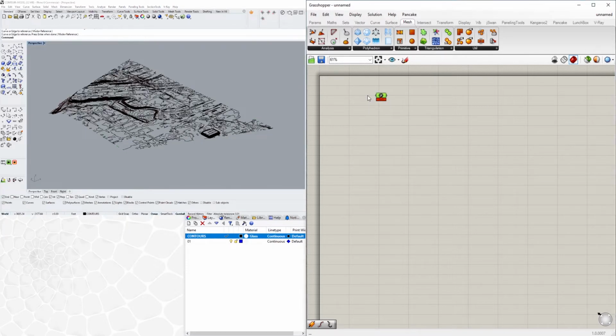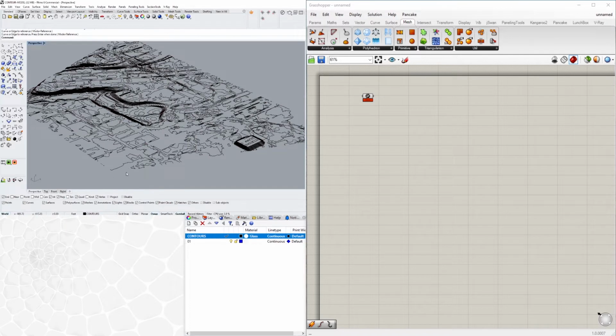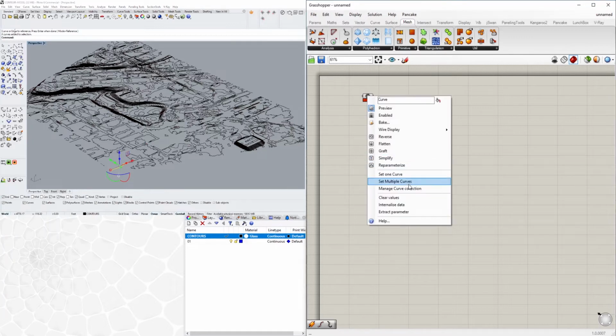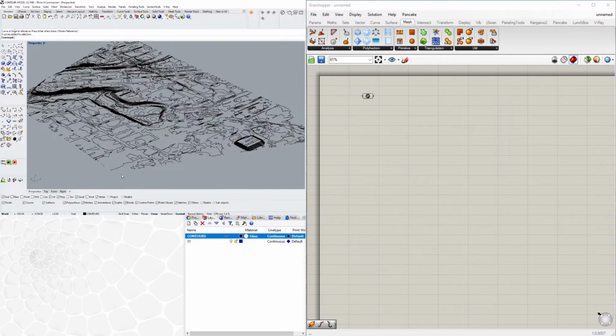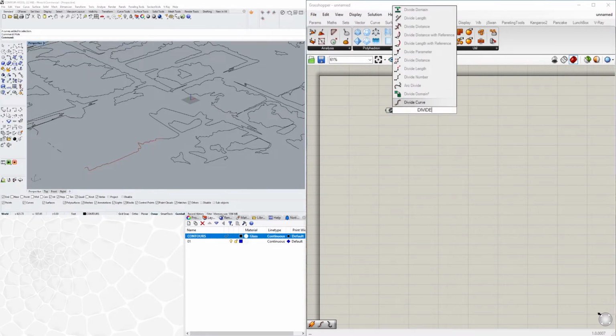Now that we have these lines in here, we need to take these lines and turn them into points. That's because we can't actually turn this into a mesh because there's a bunch of lines. We need to subdivide these into smaller segments. So what I'll do is select these and show you what I'll be doing to the whole thing in just these segments here. So I'll right click on this and go to set multiple curves. And I'll just be working on this. So I'll hide those lines. And all I'll be doing is dividing this curve